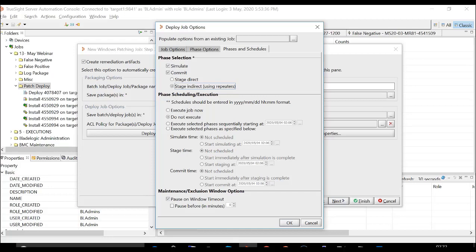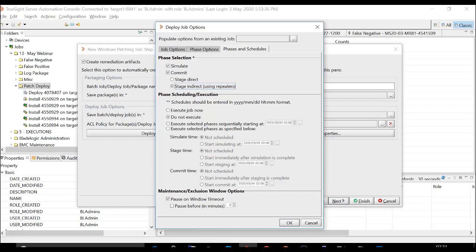Repeaters help to optimize the bandwidth in deploy. Suppose your application server and your managed target servers are in different geolocations. When the application server is copying patches to the target servers, and suppose there are 50 targets, it is going to copy a patch, let's say 1.5 GB for Windows 2016. It will start that 1.5 GB copy simultaneously on 50 servers over a WAN. Now that can take time.